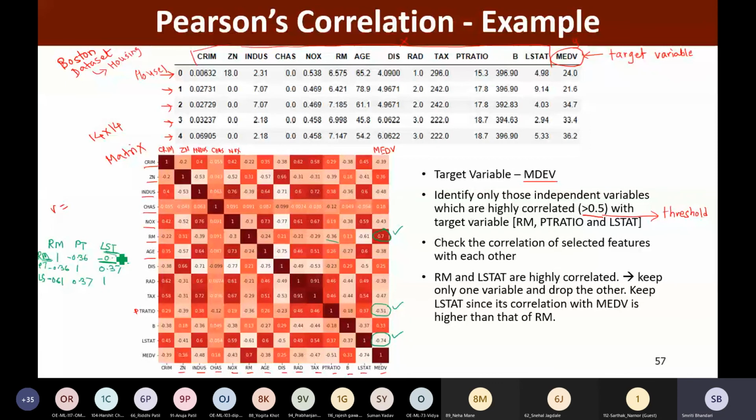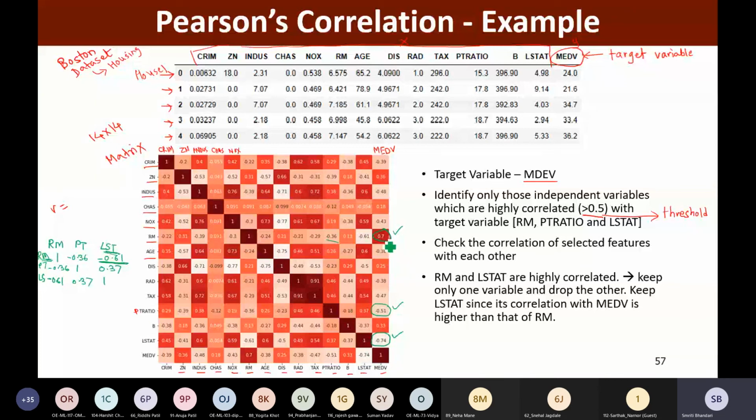So what we are going to do next is, we are going to look at the correlation of these 2 variables with the target variable. So RM is having the correlation with target variable, that is 0.7. Okay, and LSTAT is having 0.74. Right?